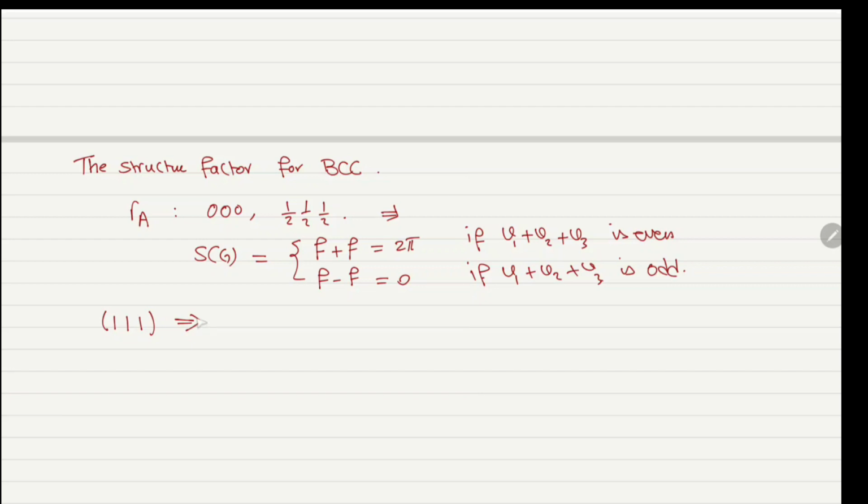The reason for that is a destructive interference between the waves scattered by the atom at 0, 0, 0 and half, half, half. Or in other words, no diffraction profile will appear from the plane 1, 1, 1 for